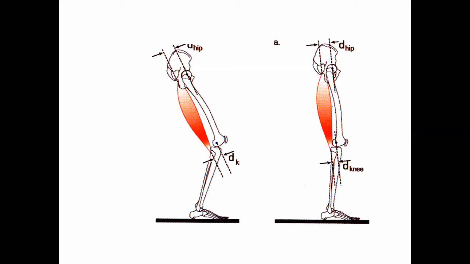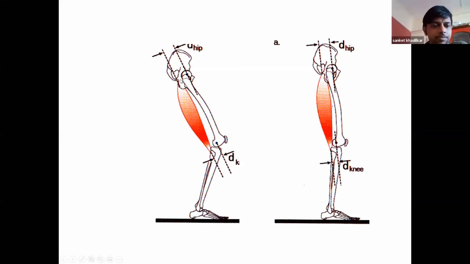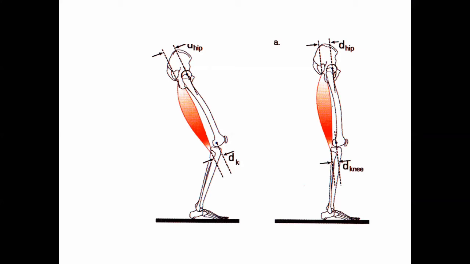Okay, Sanket? At the same time, because hamstring lever arm at the hip shortens, hamstring finds it not so beneficial, not profitable to work at the hip. And that's why hamstring does not act as a hip extensor. That's why the hip goes in flexion and knee goes in flexion. Now, same thing applies to gastrocnemius.